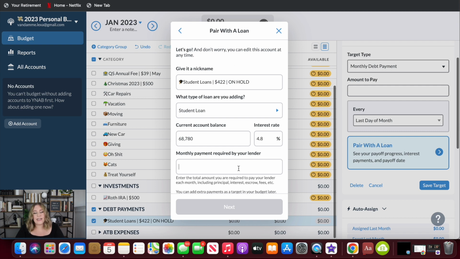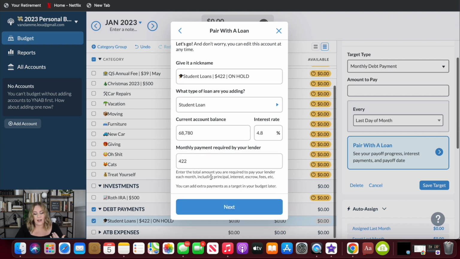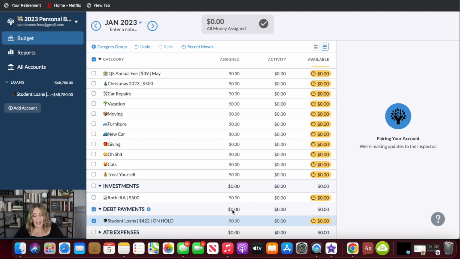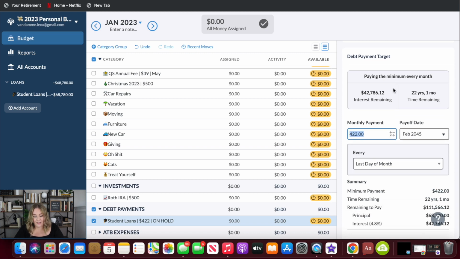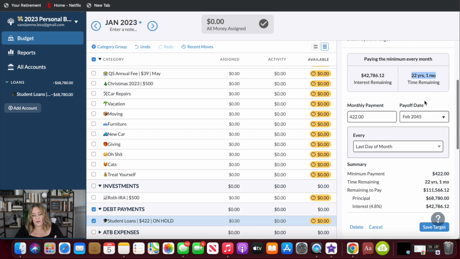You can do that later. This is just how much is the minimum amount that you owe in order to stay in good standing every month. For me, on the current payment plan that I'm on, that would be $422 a month. So in that case, YNAB is going to do some calculations. We paired it with our loan, and it is going to tell us if we are making our minimum monthly payments. It is going to take me 22 years and 1 month to pay off this loan,